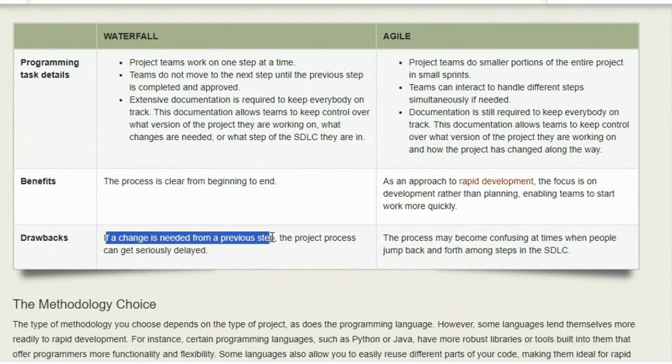get seriously delayed. Wait a minute, we've messed up our input. We forgot this. We need to go back. Then Agile